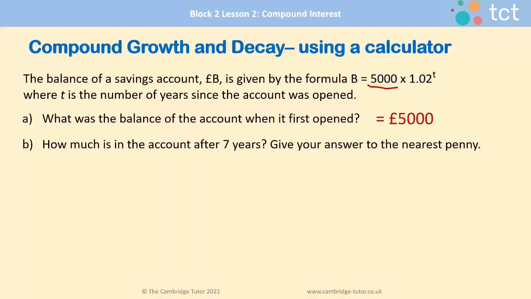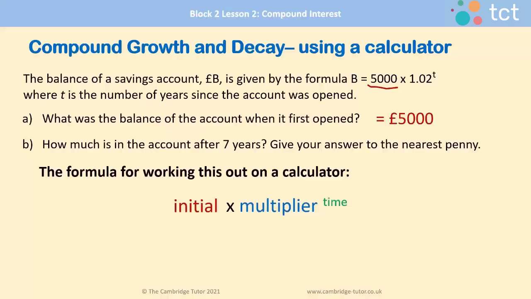B, how much is in the account after 7 years? Give your answer to the nearest penny, and this is what we've just been doing. So we're going to calculate this and add on the extra interest. Using the formula, the initial amount is 5,000, the multiplier is 1.02, and the time, this particular question, is asking us what's in there after 7 years, so that will be your power. When you've put all that in your calculator, you'll see that you get